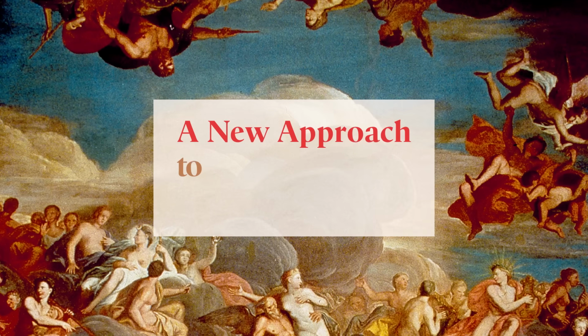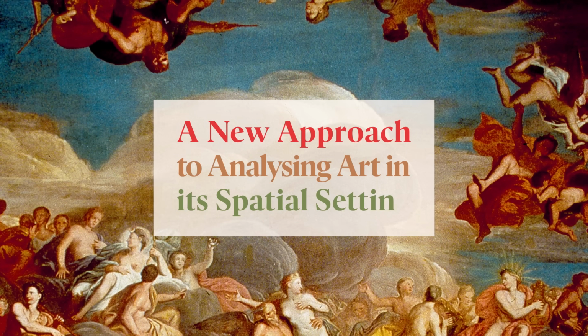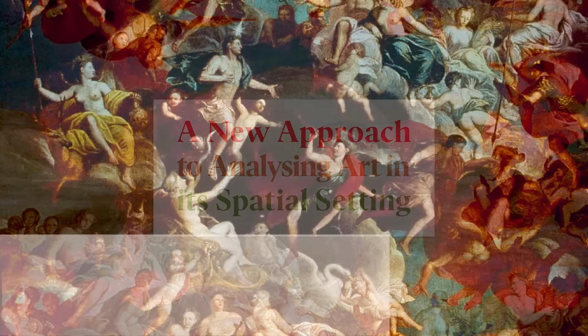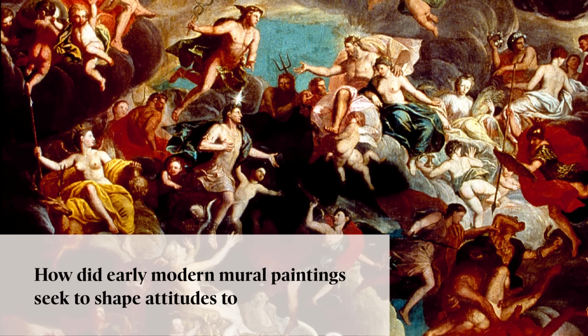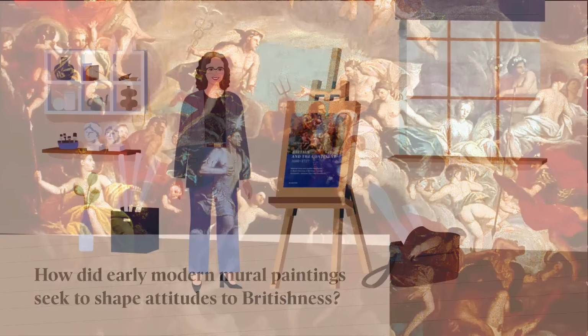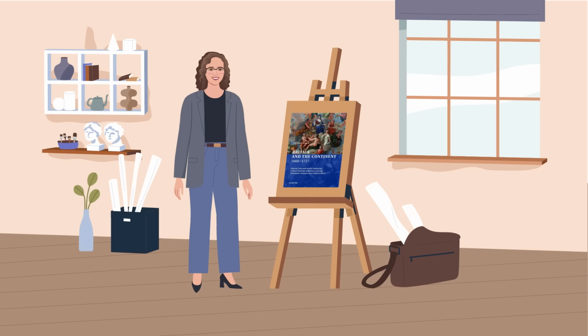A new approach to analyzing art in its spatial setting. How did early modern mural paintings seek to shape attitudes to Britishness? This is one of the central questions addressed by Professor Christina Strunck in her book, Britain and the Continent, 1660